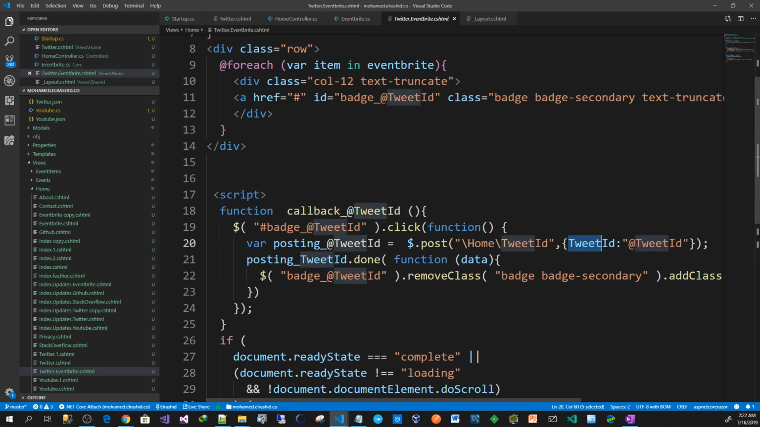Post tweet ID. We need two things. I will just name it the same thing, just put it like that. Double click the header so it will be fixed. From that,